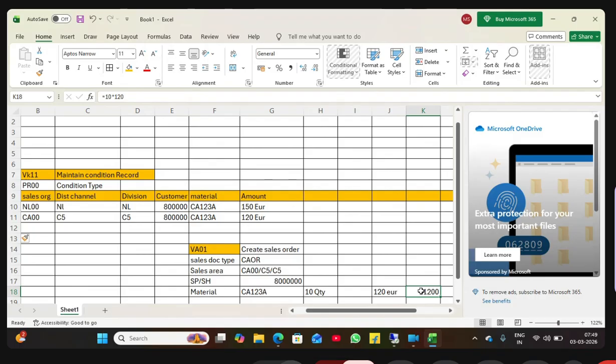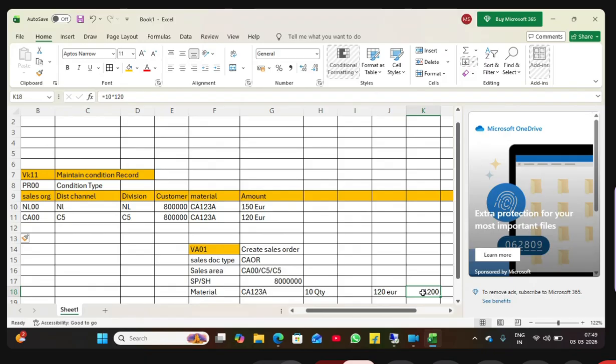Clear? Yeah. Later on, the front end. See, up to this, if they want to create a sales order, what all things are required? Enterprise structure is required, sales document type is required, customer is required, material is required, and pricing is required. These five are the major concepts to create the sales order. Next, where is our job? This is the master data team. This is the end user.